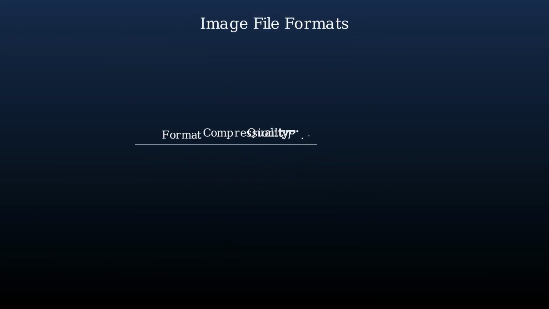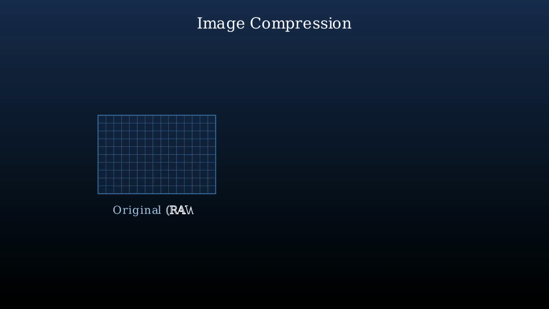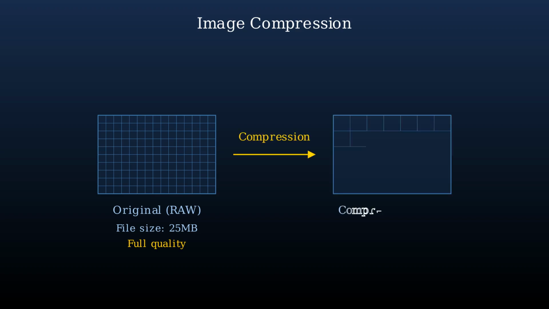After image processing, the camera must store data in specific file formats. The two most common formats are JPEG and RAW. Let's compare them. Image compression is a key factor in determining file size and quality. Raw files store all the data captured by the sensor without compression, resulting in large file sizes but preserving all details. JPEG compression reduces file size by selectively discarding some image data, particularly in areas where changes are less noticeable